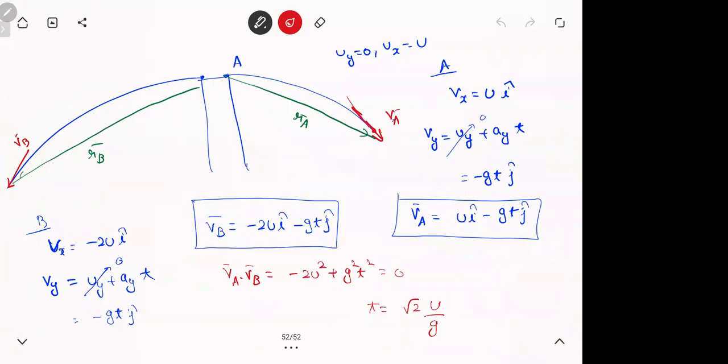The 18th and the 19th problem, the last two problems, are the most important ones. In the 19th problem we are extensively using vectors: i cap, j cap, position vector, dot product. Only for the namesake we are saying projectile, but it is all vectors here. This is what I was telling you from day one. If any particular chapter is bad, things will get affected. If you don't know how to take a position vector, how to take components, how to do a dot product, this problem is gone.